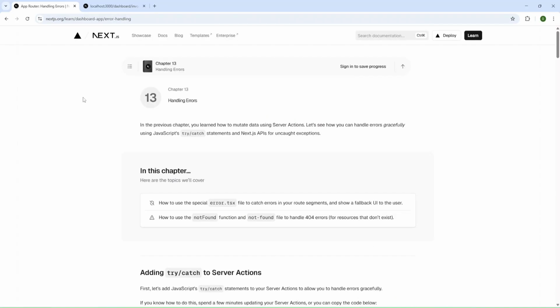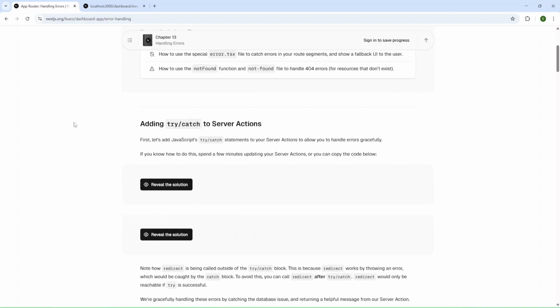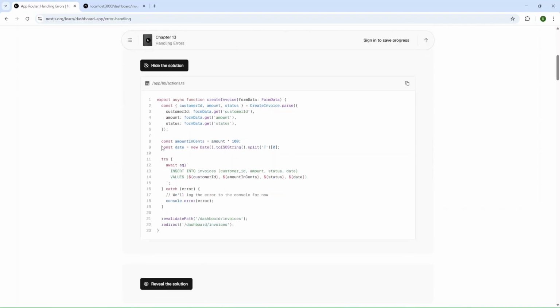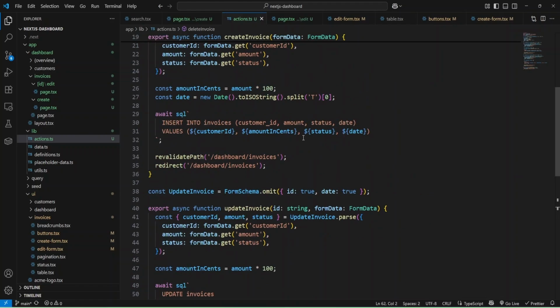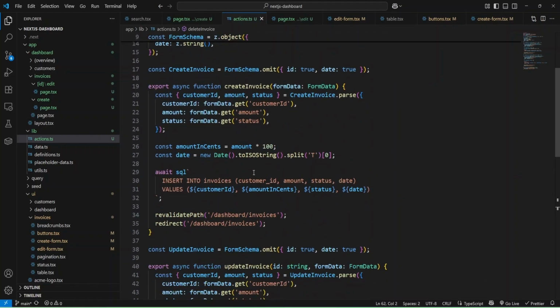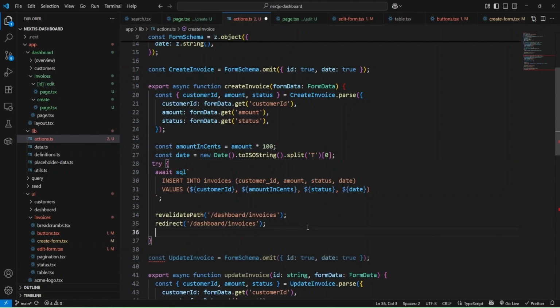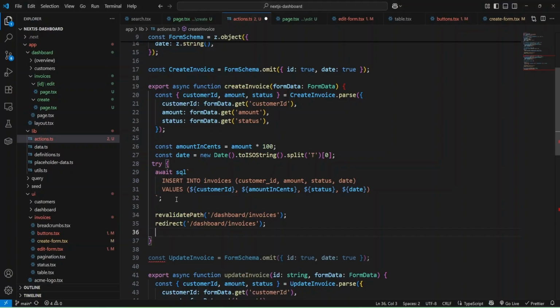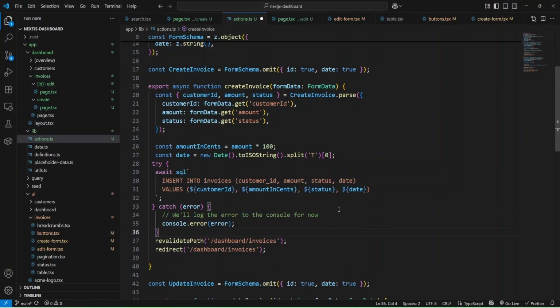Chapter 13, handling errors. Okay, and now we can add try catch to our server actions. And let's just copy this code. And inside create invoice, let's add try here, and then we need to add catch. Okay, and we'll add catch here.